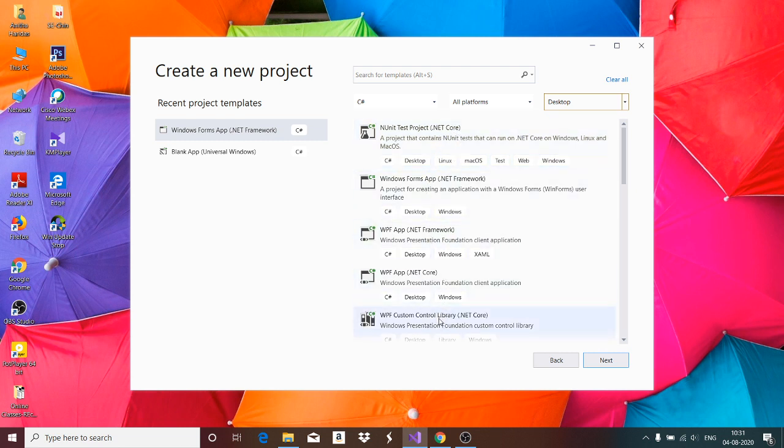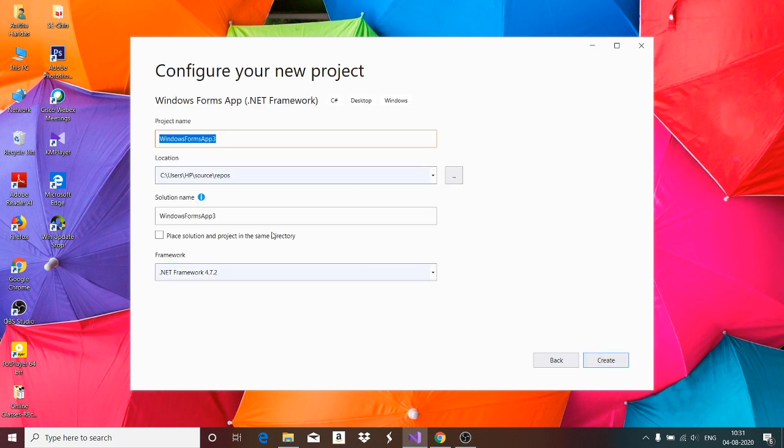Out of these options, we are going to select Windows Forms App using .NET Framework. So this is what we are going to create as a new application. Once you have selected, you can click on the next button. Here you can specify a name for your application. So let us give the application name as sample Windows app,